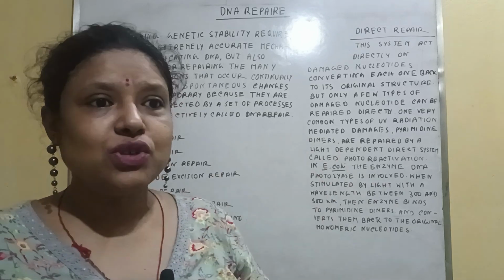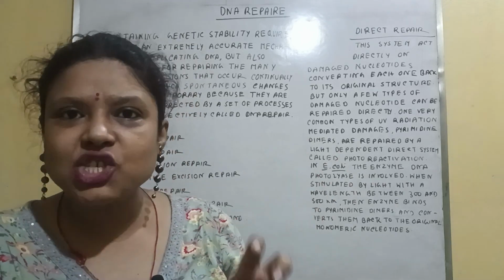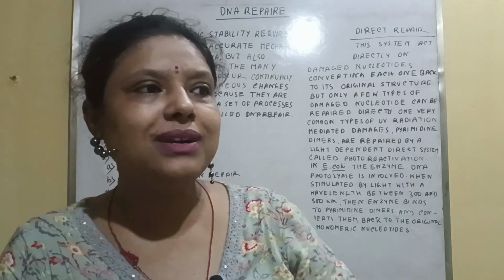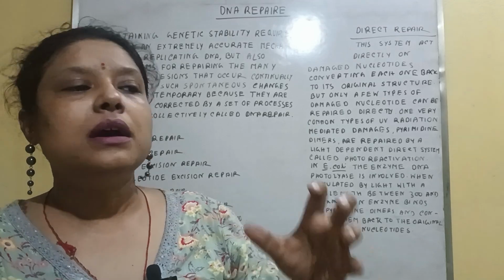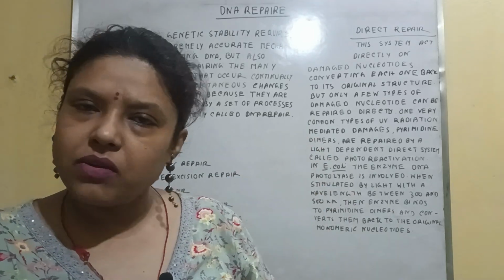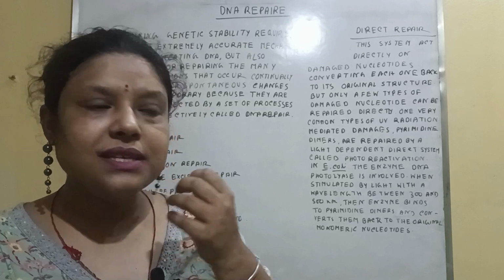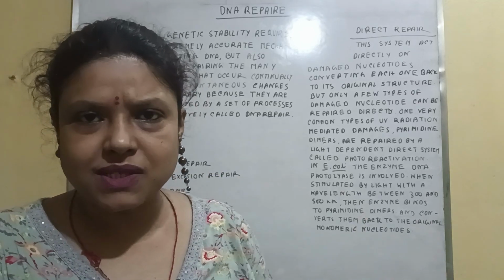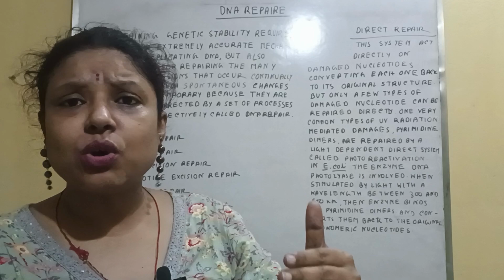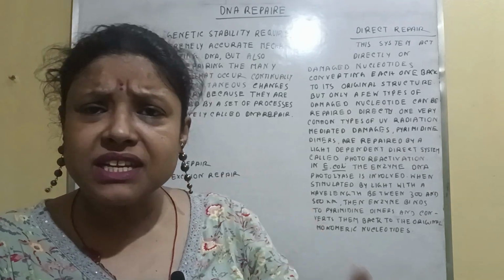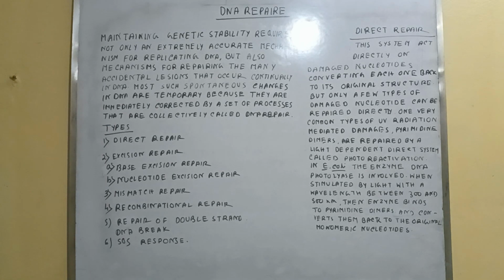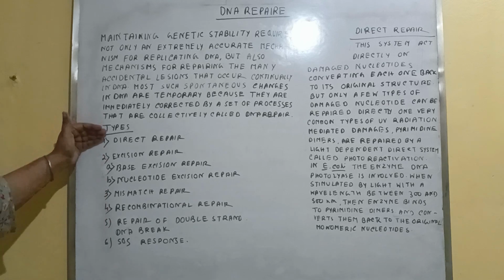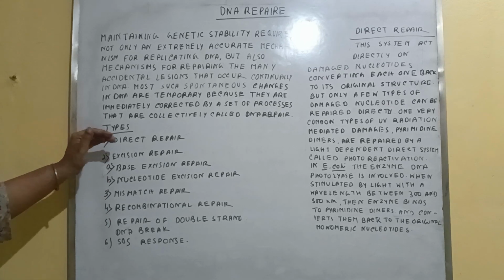So in that situation, if there is any change occurring in the DNA segment or DNA base pairs during replication, these are all corrected immediately. This correction is done by different processes, and this is actually called the DNA repairing process. There are many types of DNA repair. Generally, the first one